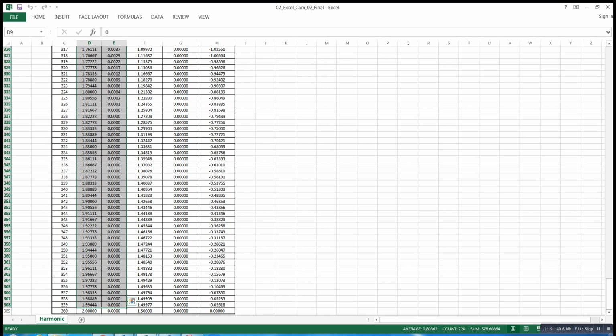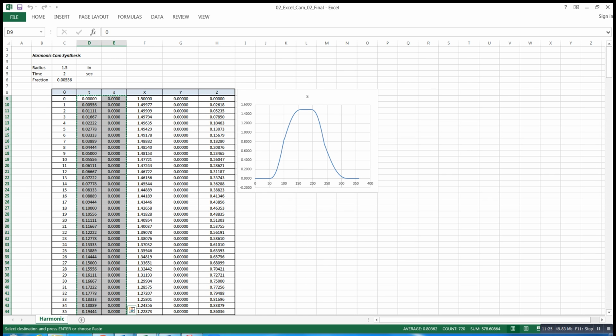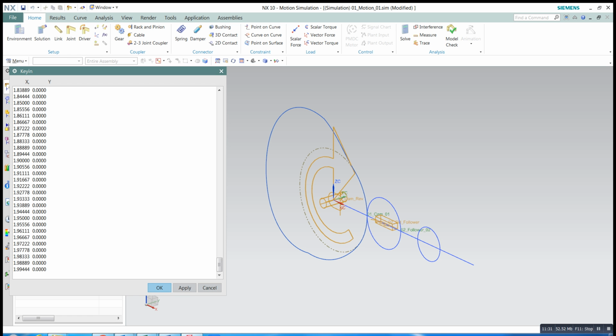Okay, right click, copy, and then let's go to the next, paste them. I delete the last space, paste them into the key in table, click OK,